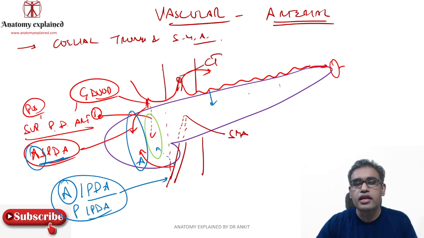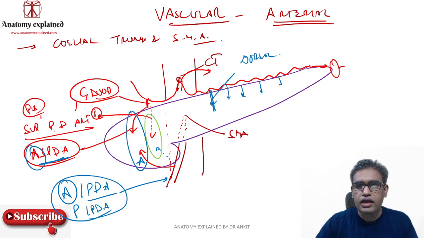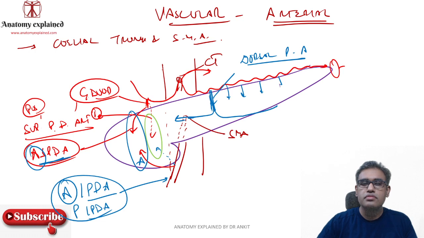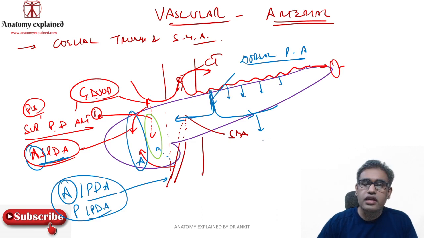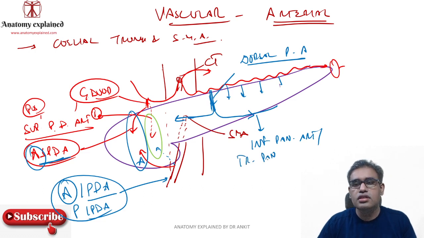body and tail of the pancreas. The various branches: the initial part of the splenic artery will give off an important branch that is known as the dorsal pancreatic artery. This dorsal pancreatic artery will give off a right branch and a left branch over here. This left branch goes close to the inferior border of the pancreas, and therefore it is also known as the inferior pancreatic artery, or the transverse pancreatic artery, because it is running transversely. This is the left branch of the dorsal pancreatic artery.